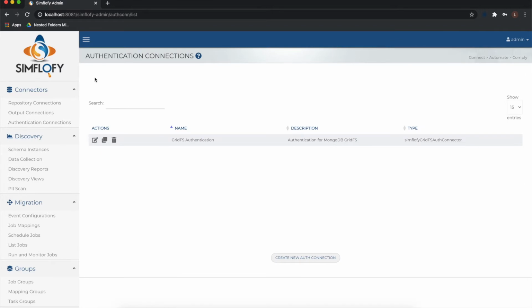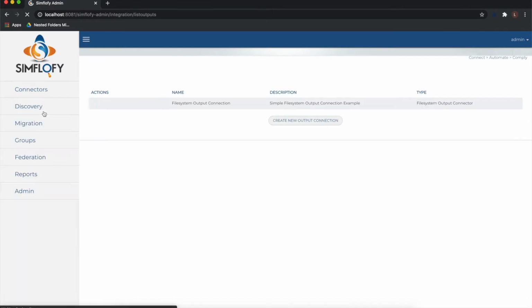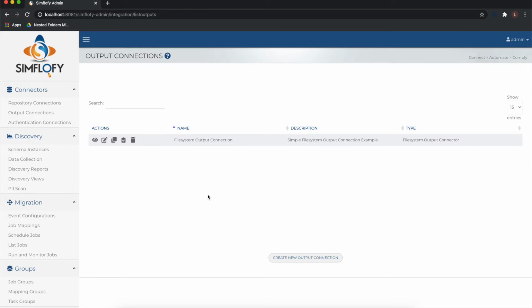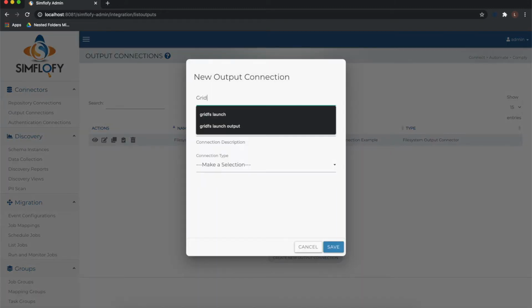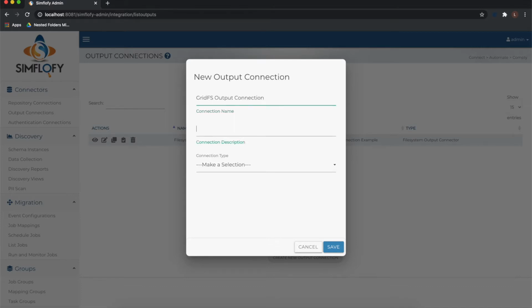Now that the authentication connection has been made, we can make the output connection. This is going to allow us to output our files to GridFS from our file system. So I've gone to output connections on the left hand side here, and then at the bottom click Create New Output Connection. I'm going to give it a name, description, and finally the type is going to be the GridFS output connector. After that, click Save to edit